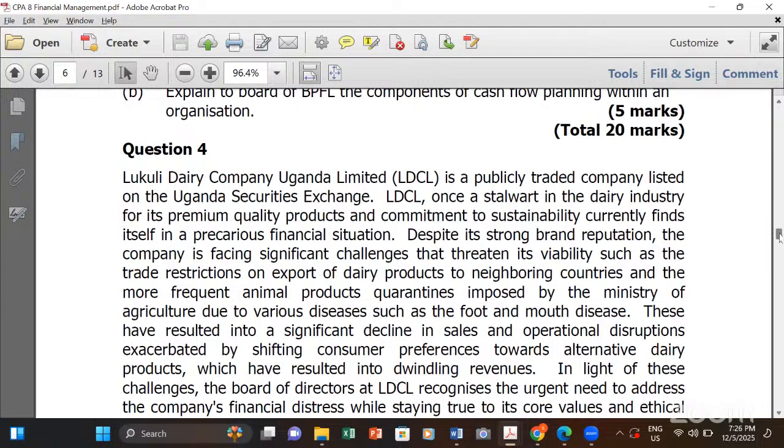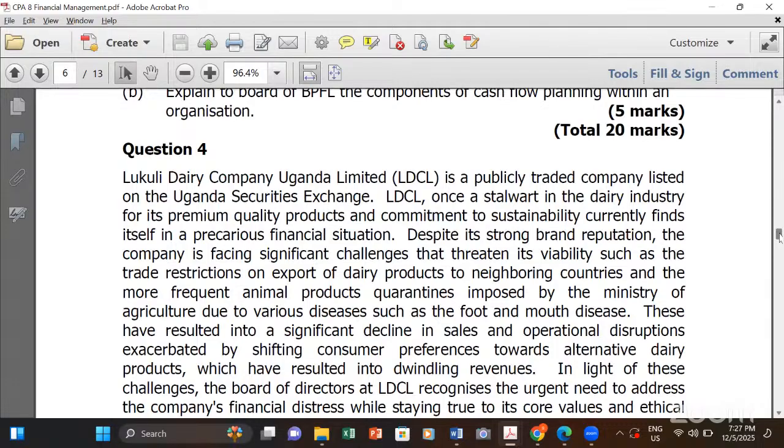You want to know the examiner, you will be shocked. I'm saying you will be shocked. I don't know if I am part of the people, but you will be shocked, I am telling you. So we are saying that, as I'm reading, you contextualize the question as we are reading, that despite